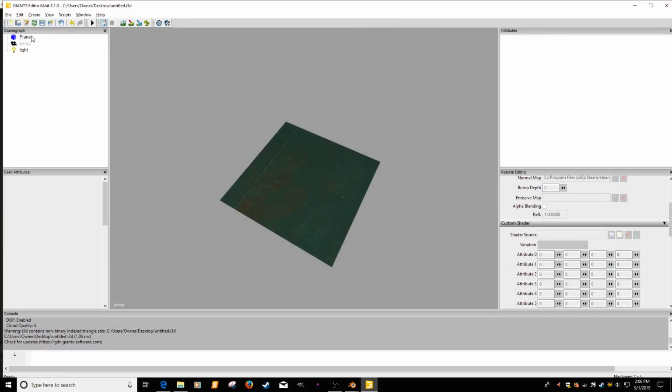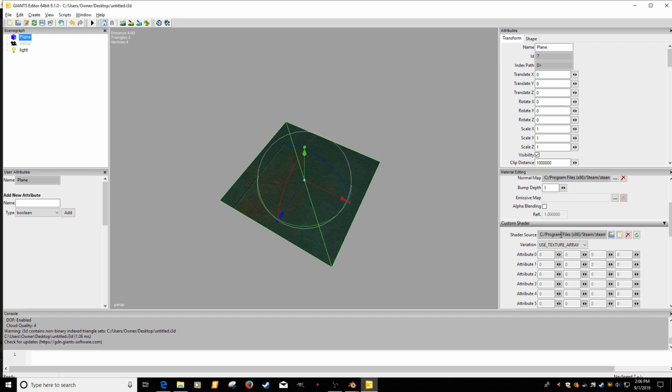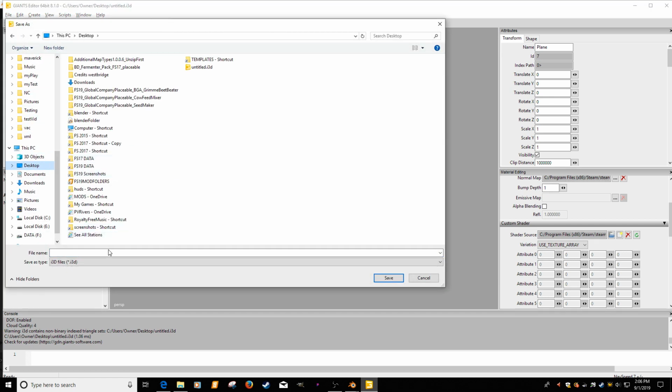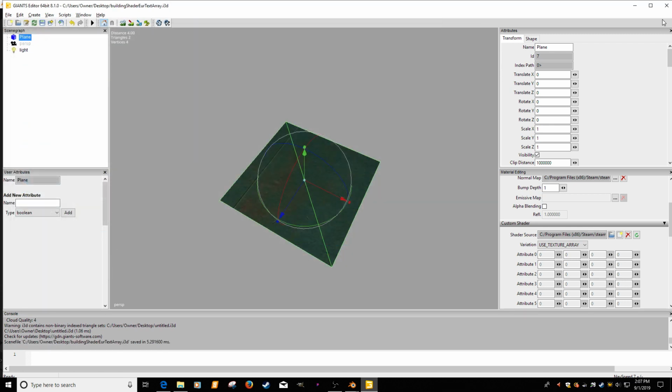Basically what we just did is we applied all the maps, we applied a shader, and then we even applied a variation. So I'm going to go File, Save As, to the desktop, and I'm going to call this Building Shader Euro Texture Array, as a template basically. Now when I close this out,